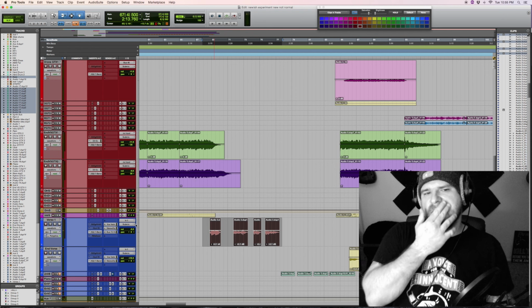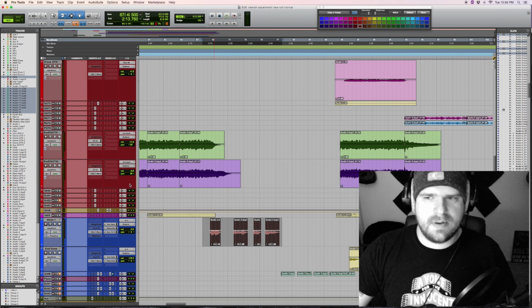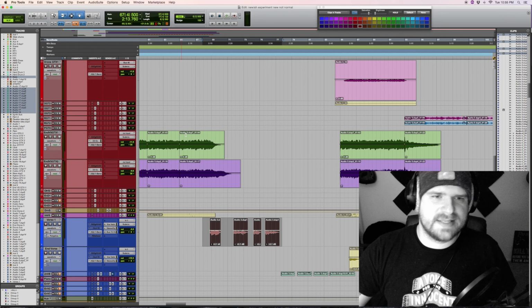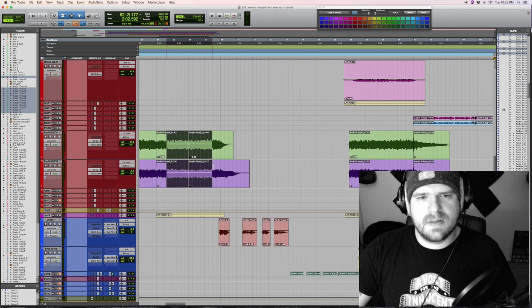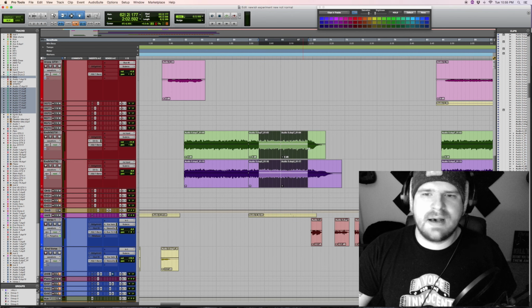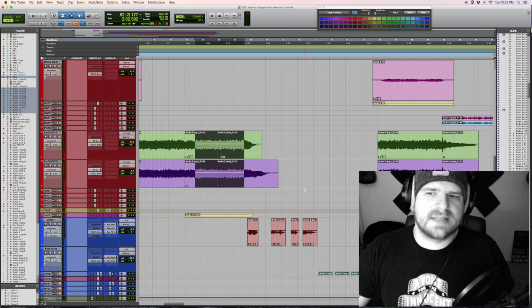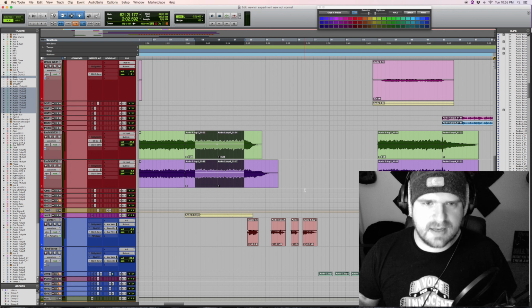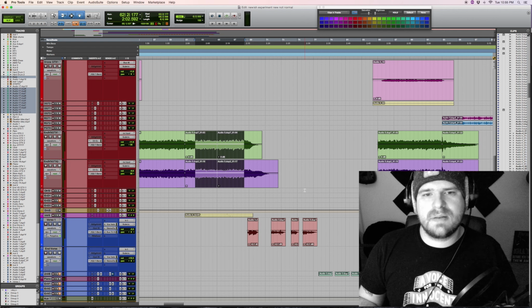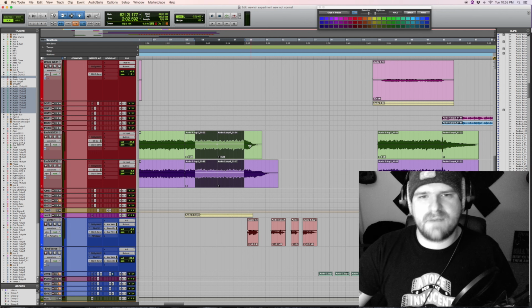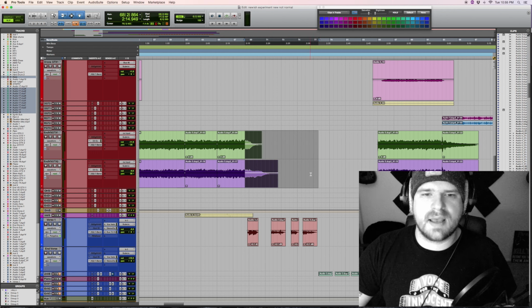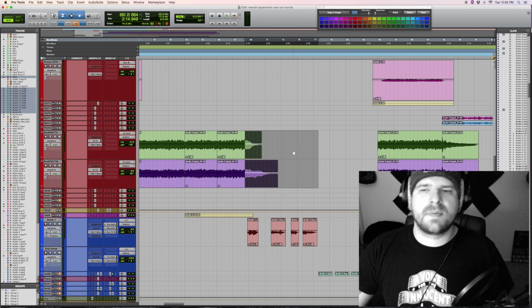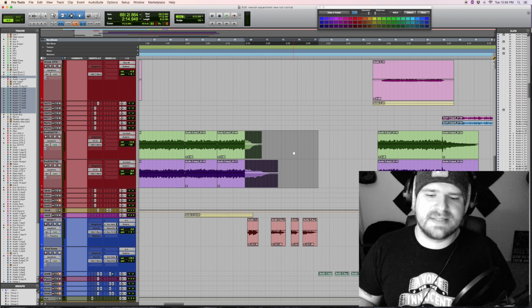Okay, so let me stop right here. One thing I do want to point out, and this is also a neat songwriting technique, that lead that came in, I cut it out right before my verse started. The reason why is I didn't want the song to get complicated. So it sounds good, but I took it away. I let it fade out right when the vocals started in again. I could have had it playing all the way through, but now I'm adding another element to the mix that I didn't really want there.